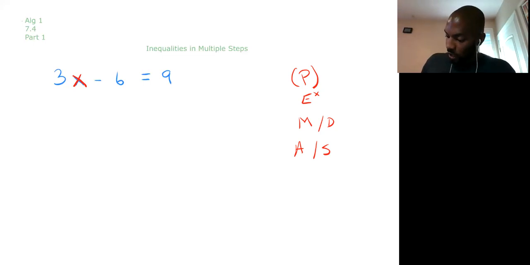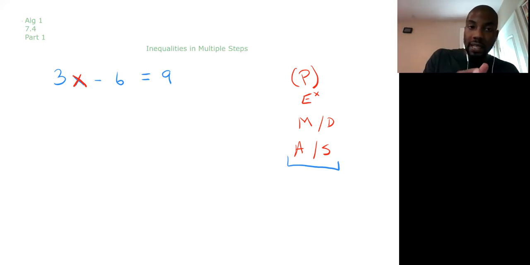So I start here at the bottom, and I say, all right, first I check for addition and subtraction. Is there an addition or subtraction situation going on here? Yes, there is. There's a -6. So I need to do the inverse operation of subtraction, which is addition. So -6, I'm going to add 6. What I do to one side of an equation, I must do to the other. So now I have